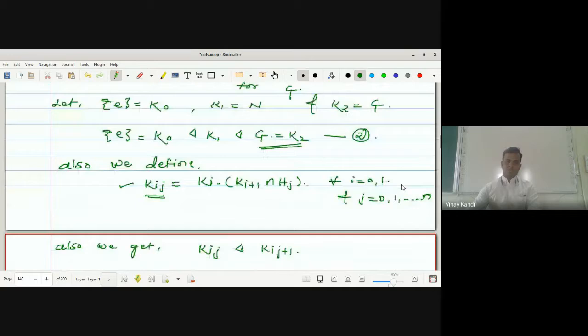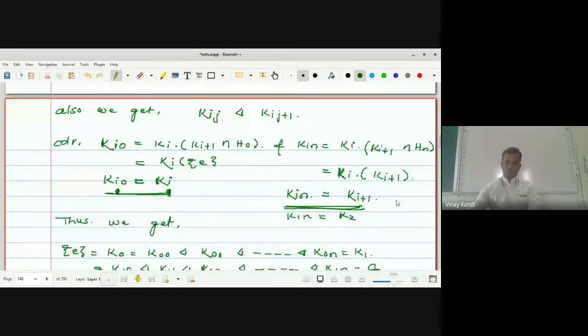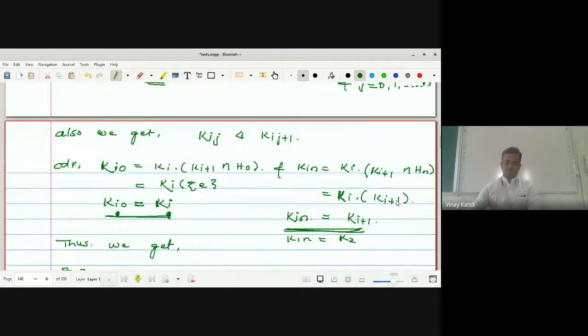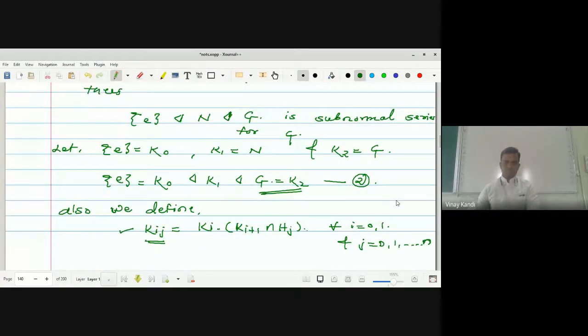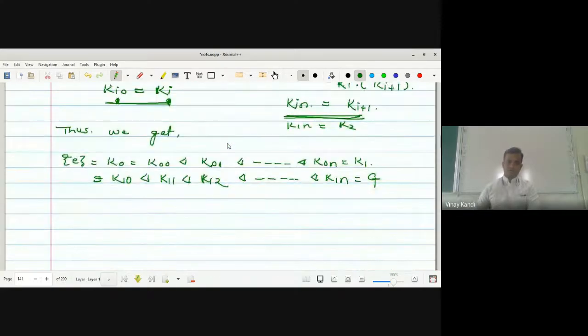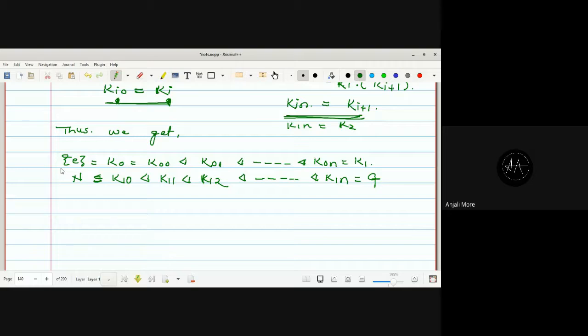Any doubt up to here? What is K1? K1 is N. K1 is equal to K10, which is equal to N. Any doubt up to here? No, sir. Okay. Hence,